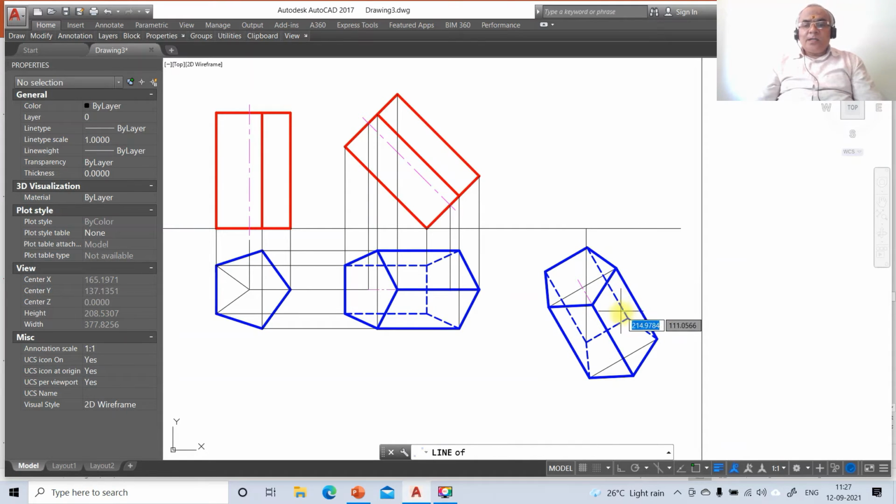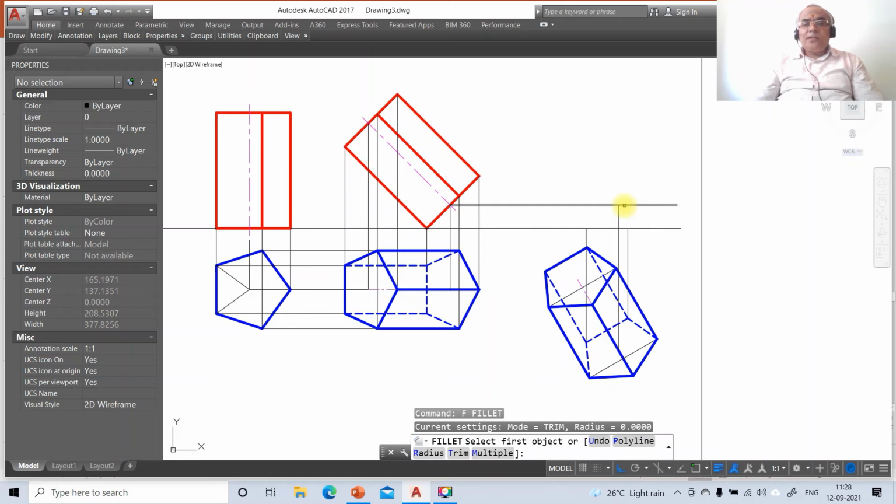Similarly, go to line, take int of this and draw perpendicular to this. So then go to line, take int of this, then go to line, take end point of this. So here you take end point of this and draw perpendicular to this. So here you just go to fillet, and here the fillet, so here you just go to fillet between these two,